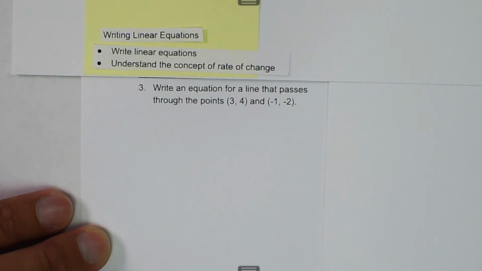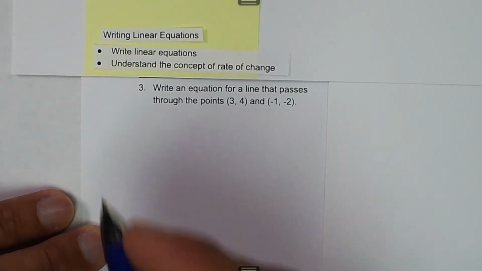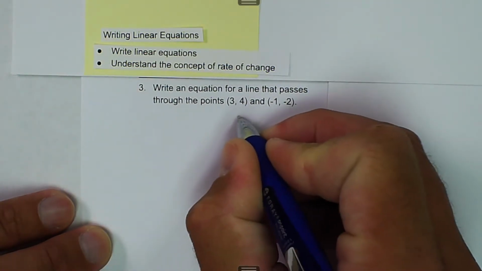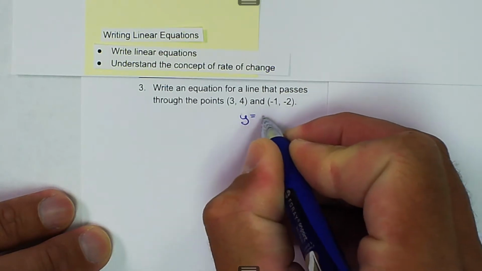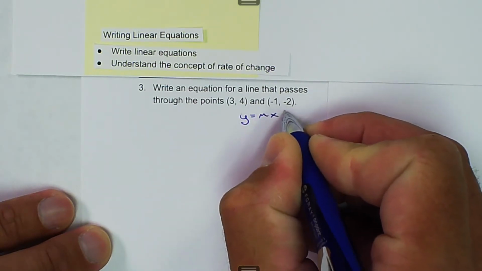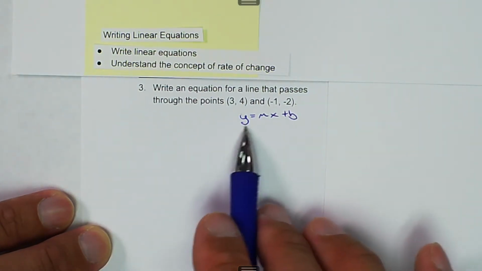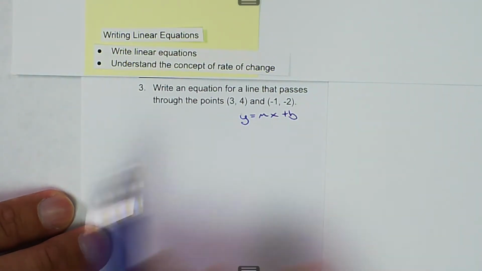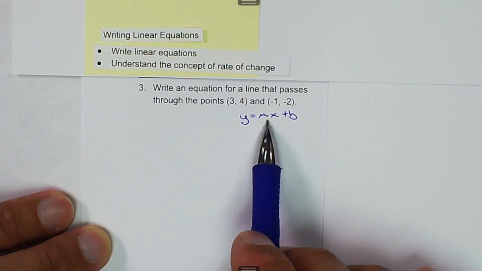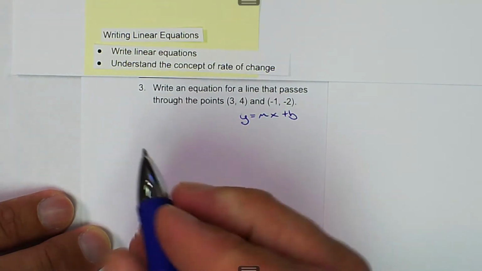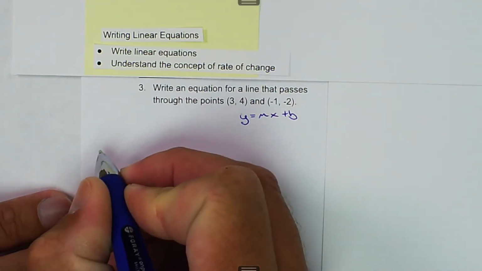We are talking about writing linear equations, and we want to take given information and change that into a linear form. A form that I like to work with is slope-intercept form, which is y equals mx plus b. From this given information, we're not given anything except for ordered pairs, so we have to calculate our slope. And the way that we calculate our slope is we use the equation